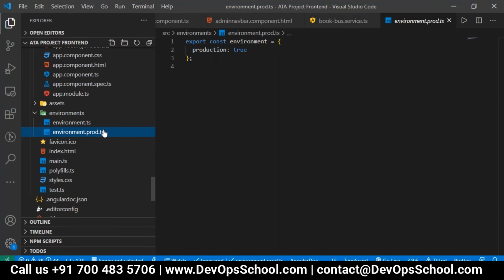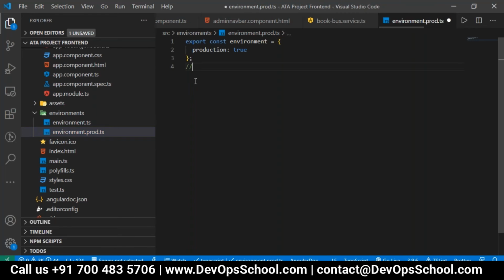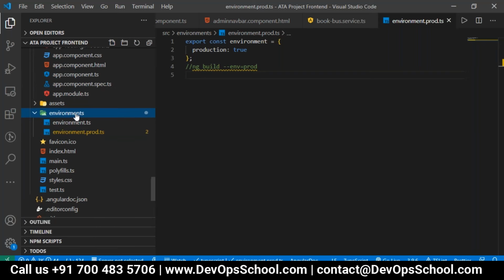If you want to give which environment should be picked, that is whenever you do the building of your application, ng build, we can mention what environment should be set. We can use prod here, so that it will pick the data from this particular environment which you want to configure. If you want to add custom environments also, you can configure a custom environment, like you just create a new one.